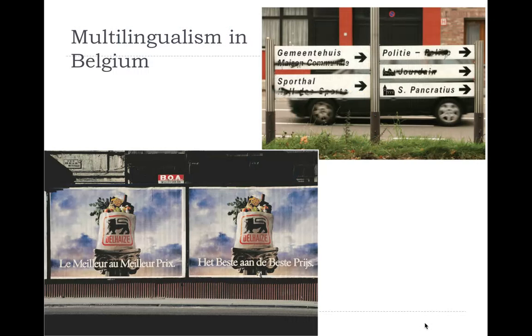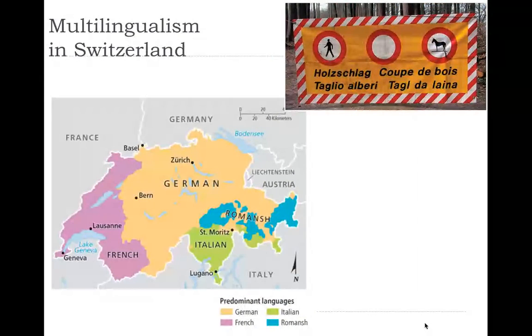Here's a little bit more with your Belgium multilingualism and how it's created some problems. You can see a lot of the advertisements and signs are done in multiple languages, especially around the border of those 2 languages. You can see on the top picture that one of the languages has been spray painted out. So again, the tension is fairly high amongst those people. Here's your multilingualism in Switzerland. Again, multiple languages on those signs. You can see that the language tends to fall near the border of those countries. So French near France, German is a little bit more widespread, Italian near Italy, and then you've got Romansh sprinkled in there as well.